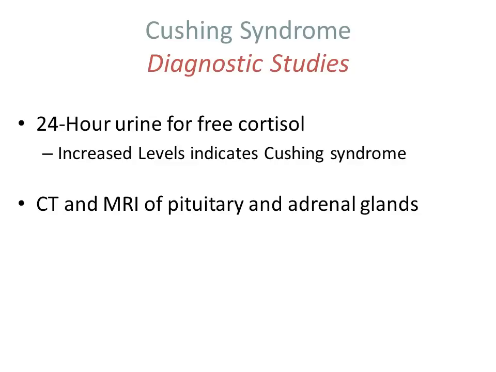How are we going to diagnose it? Well, we are going to diagnose it with plasma cortisol levels as the primary thing. And then we're going to do a 24-hour urine for free cortisol. Increased levels of free cortisol indicate that we have Cushing's disease. Cortisol levels should be, you don't need to memorize it, between 80 and 120, so anything above that would be